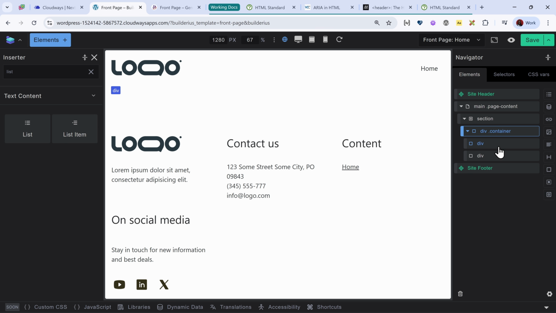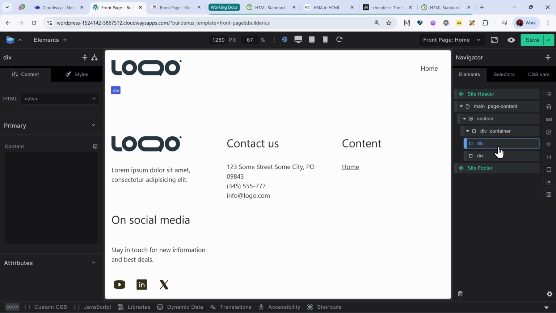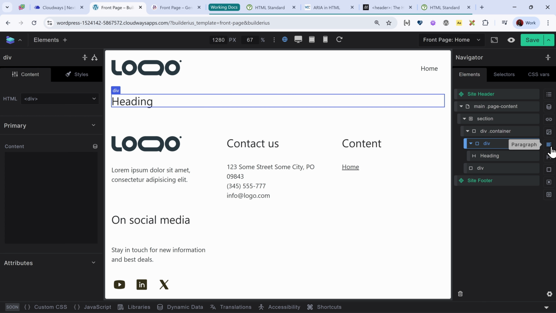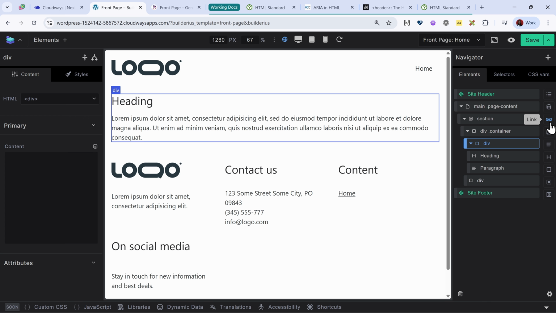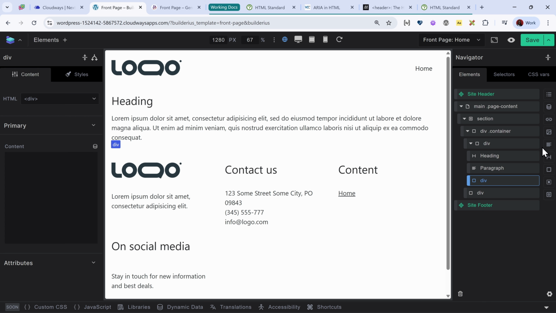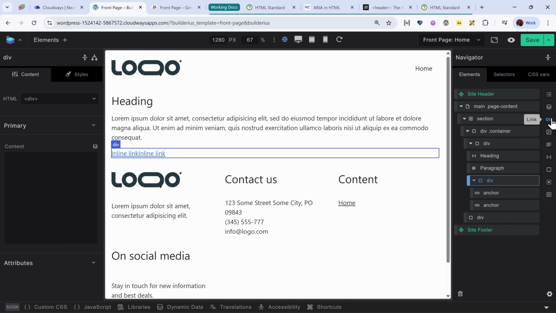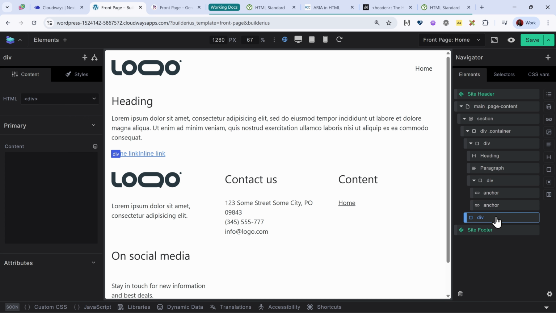Now let's say I want to add maybe a heading, a paragraph, and maybe some buttons into my first div. So I have my first div highlighted. I'll hold the Shift key, then click on the H icon for heading, then a paragraph, and then maybe a div block. Then, still holding the Shift key, I'll click on the div, and now I want to insert maybe 2 link elements. So I have my first structure. I'll click on the last div and add my image.